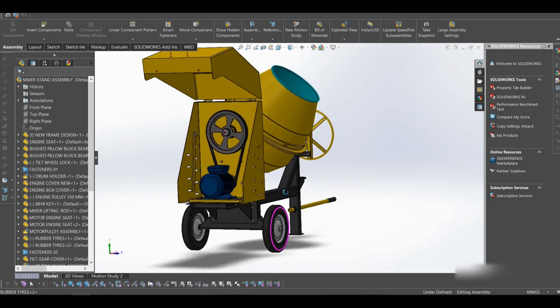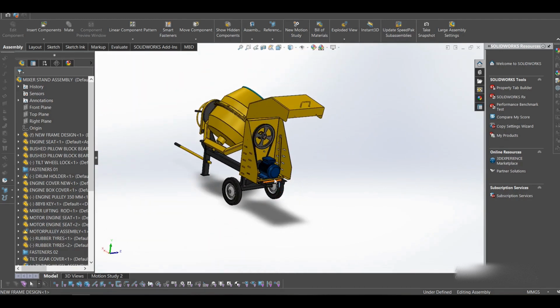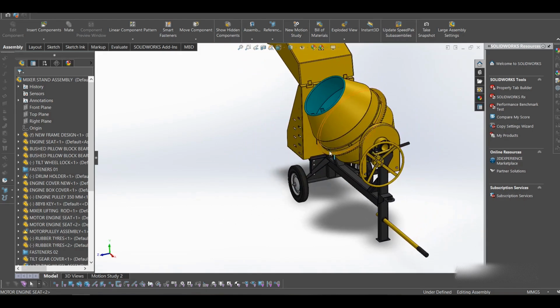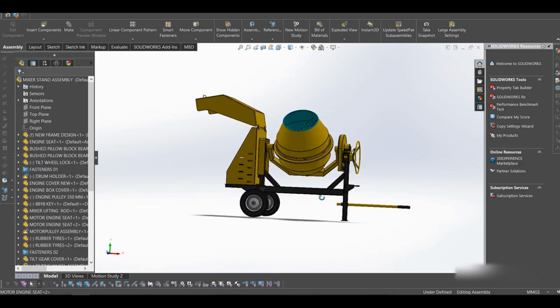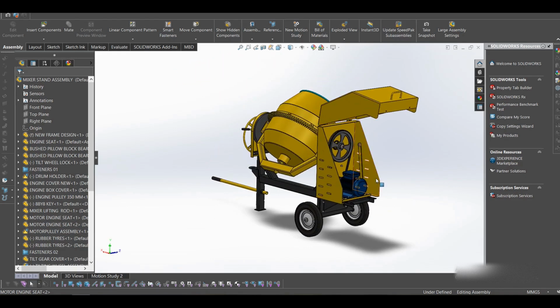It is going to be driven by a motor, as you see in the drawing here. This concrete mixer is about 350 liters, and this is how it looks. So in this video I'll be talking about the different aspects included in this concrete mixer, and such are